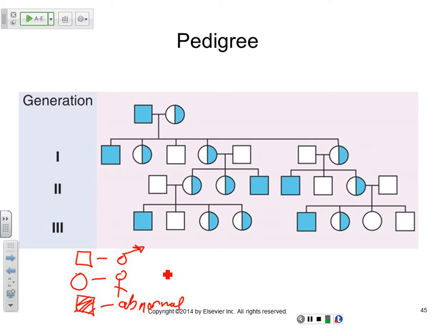Yeah, it's a recessive sex-linked trait. Do you see how all the females seem to always be carriers, and only the males? Of course, the males can either get a normal one, or they could get the recessive condition. So all the half-shaded females are the normal carriers. They exhibit normal phenotype, but their genotype is that they're heterozygous for that recessive condition.